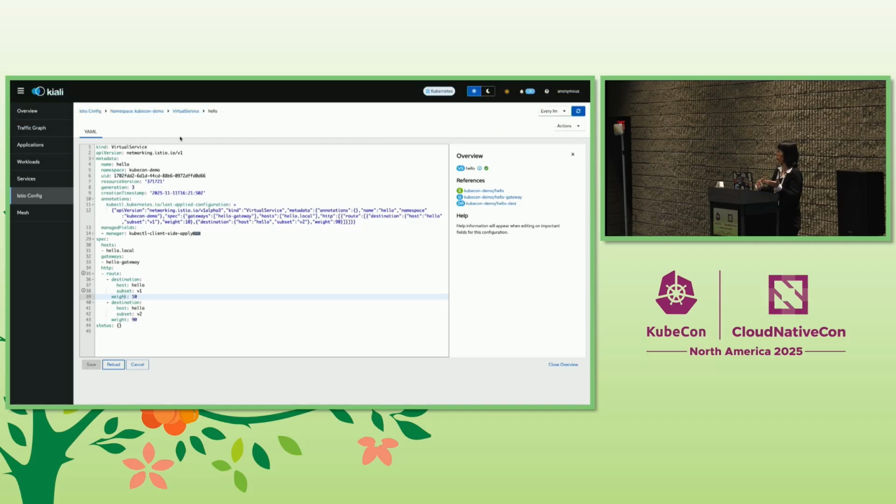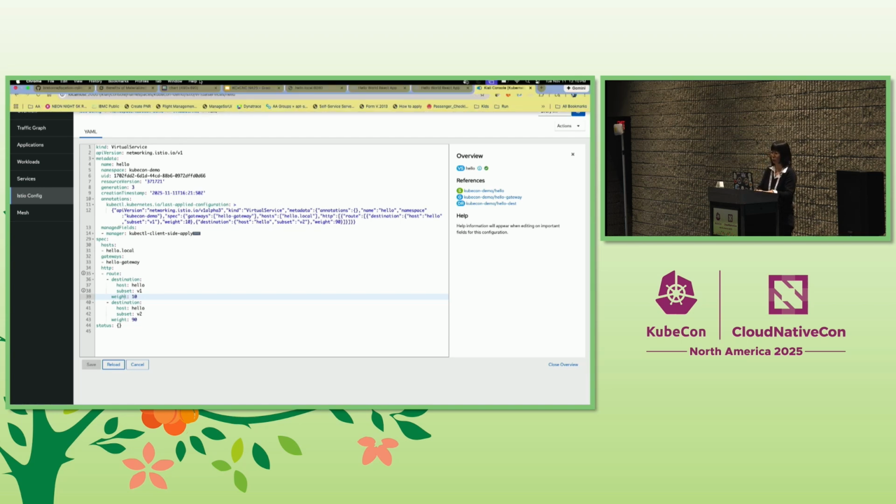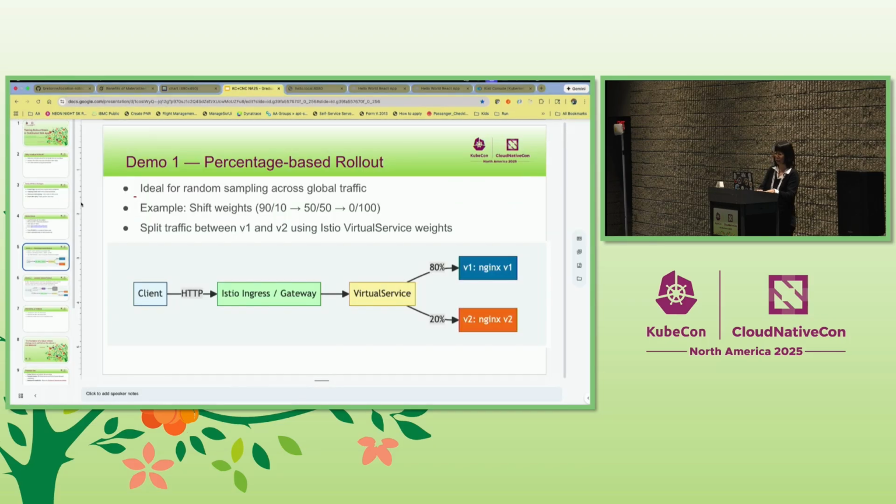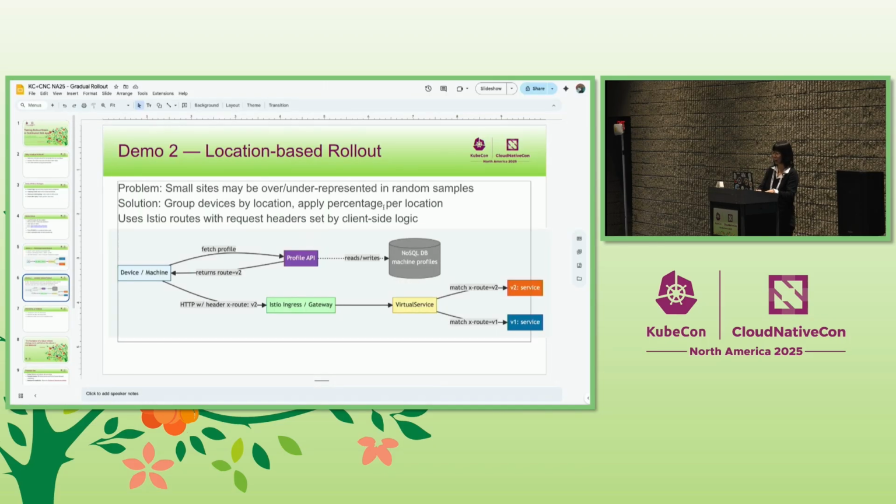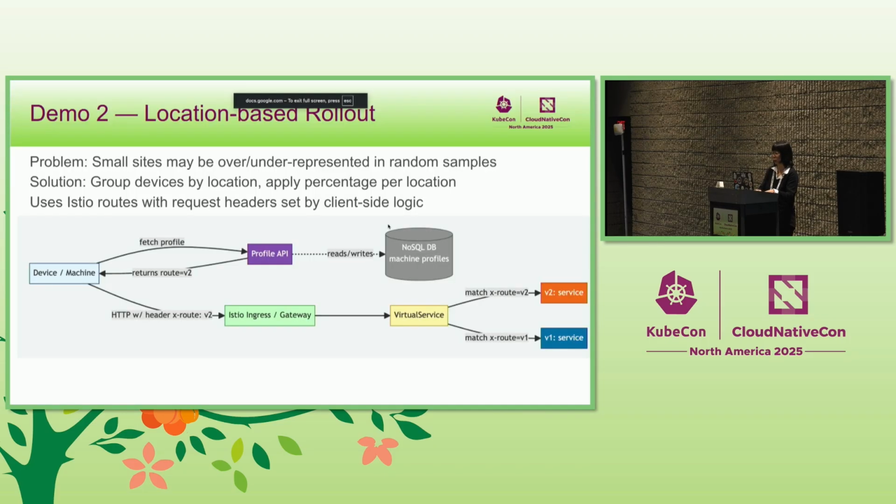I just wanted to set this up. For people who haven't been using a service mesh, this is some pretty basic traffic routing. Now the focus is to talk about demo 2. Demo 2 is location-based. I want to give you a